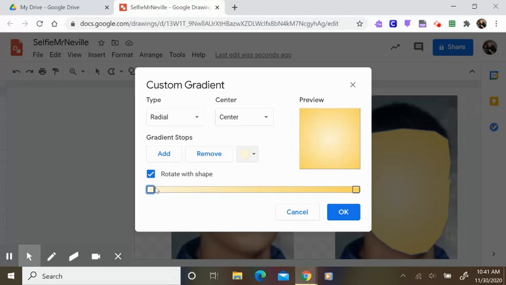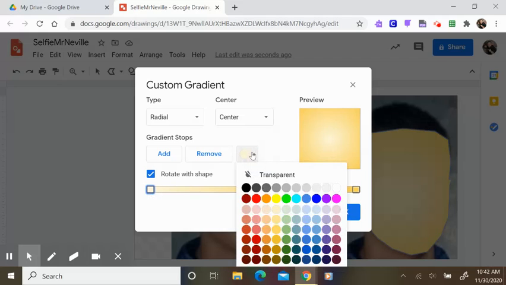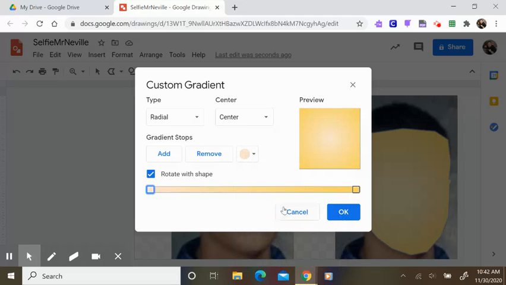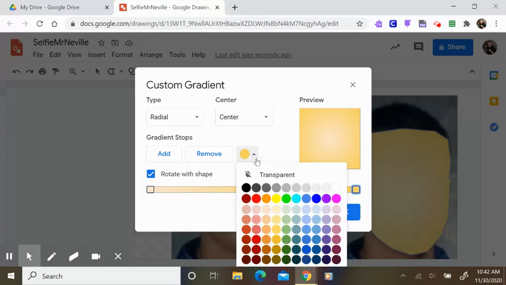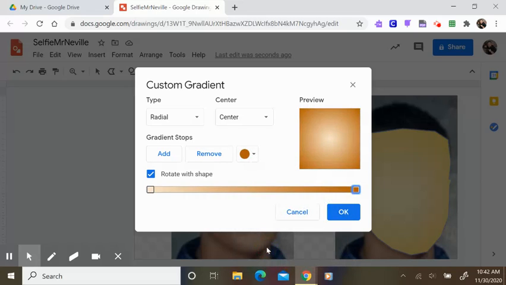Now, this one has a blue thing around it. That means that this is the color right here. I can change this color. So if I want the middle to be a little lighter, I can make it a little lighter. If I want it a little darker, it can be a little darker. If I want the outside to be a little darker, maybe like this dark orange, I can do that. I can also, and it shows me the preview right here, make it linear, which means